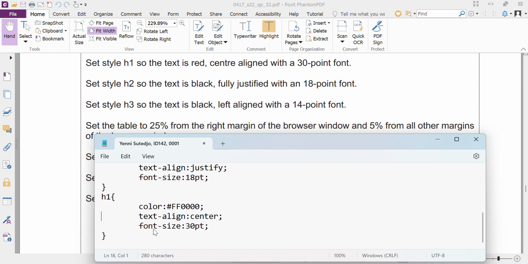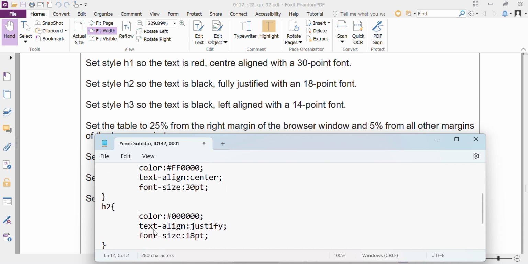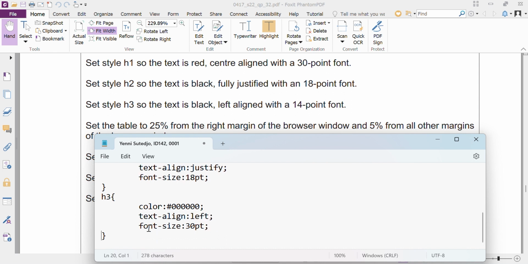And then again paste, black again for the H3. So I will put this one H3, and then this one will be black, and then left align, and then after that 14 point. Yeah. And then set the table